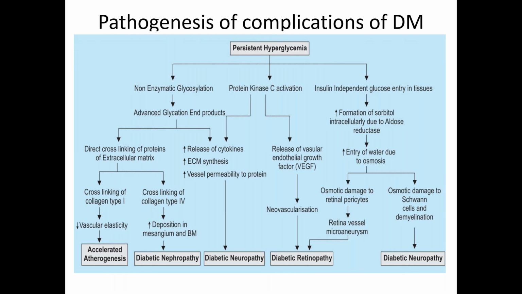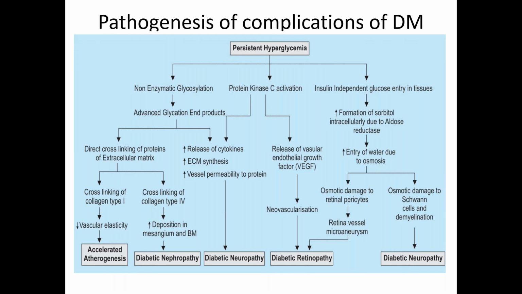The glucose and the metabolites of glucose combine with amino acid residues of proteins. Initially, the complex formation is reversible, but later there is irreversible complex formation with proteins. So the glucose irreversibly forms a complex with proteins, and that is called advanced glycation end products. And we have seen in the investigations the globin, the protein part of the hemoglobin, is irreversibly combined with glucose, that is hemoglobin A1C.